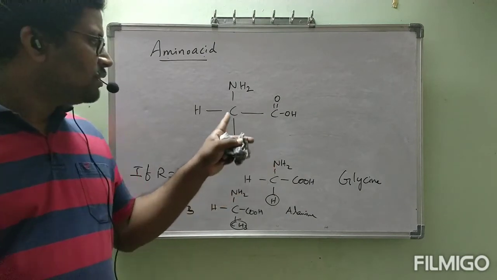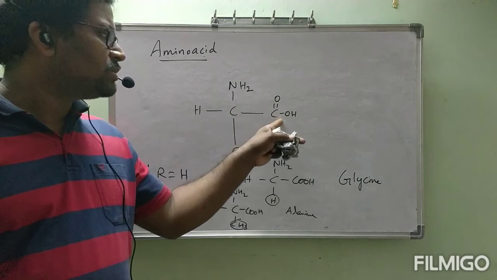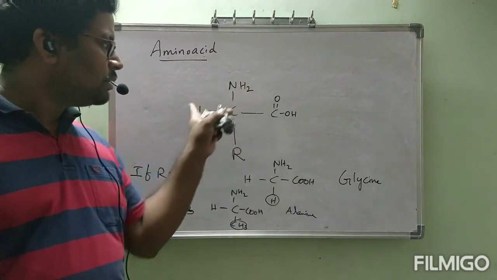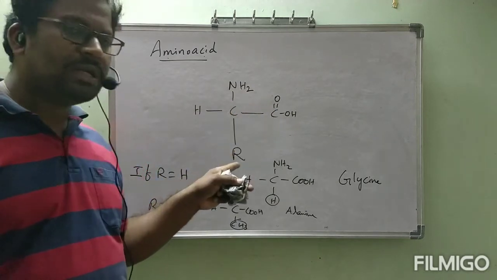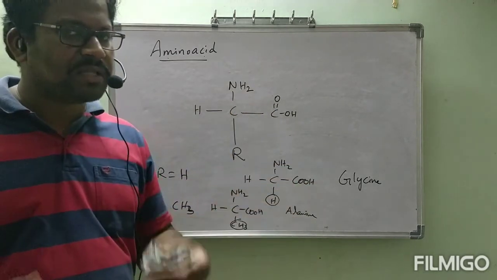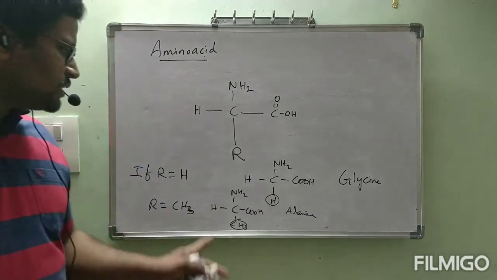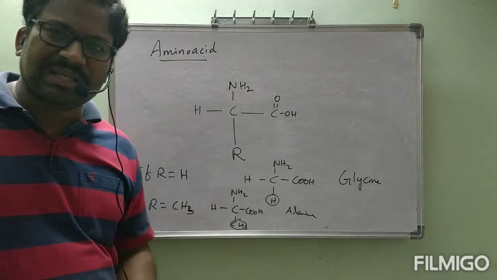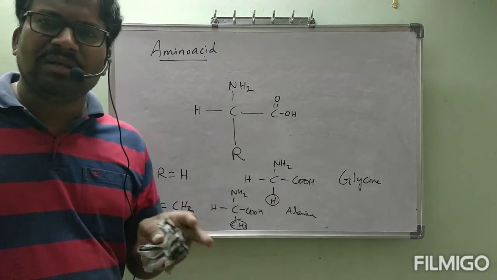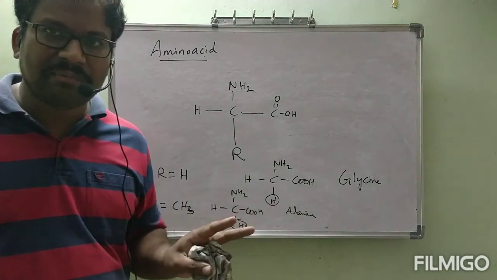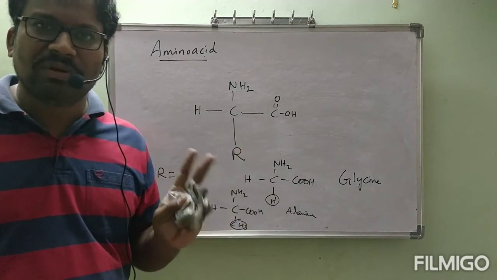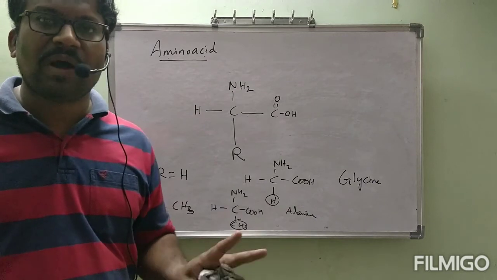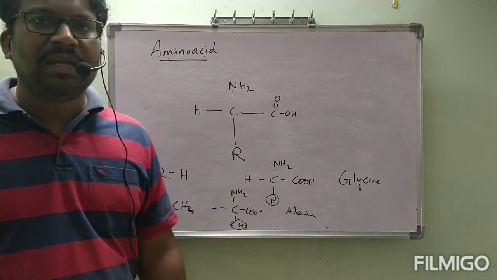But commonly, this carbon is bonded to NH2, COOH and H. These three are common only. This R group only, very large group and small group, like that we have varied. Okay. If R is equal to H, it is glycine. R is equal to CH3, and like that isoleucine, leucine, so many are there. Everything no need to learn by heart. Myself I am telling. Okay. First 3 or 4 you can see. That is enough. Just what are the R groups. Remaining everything no need.